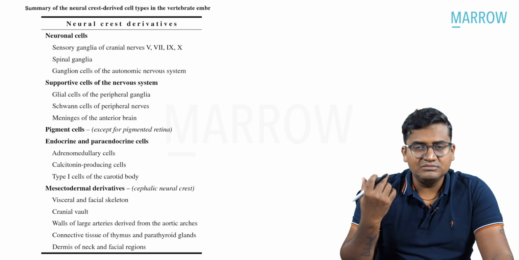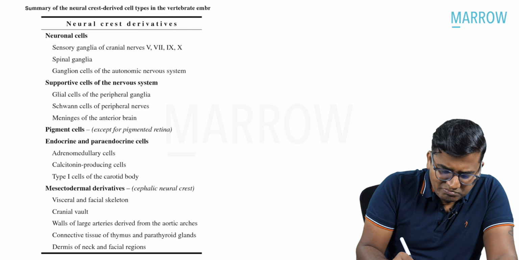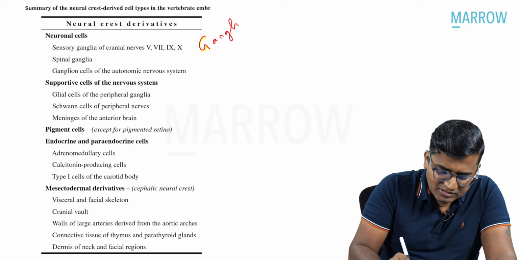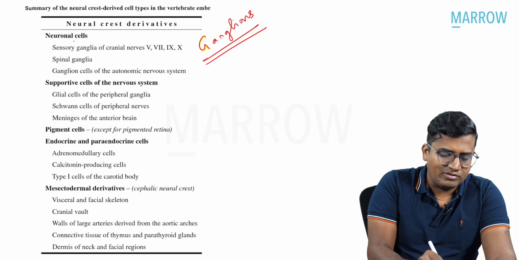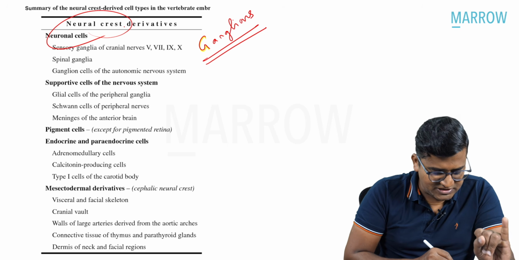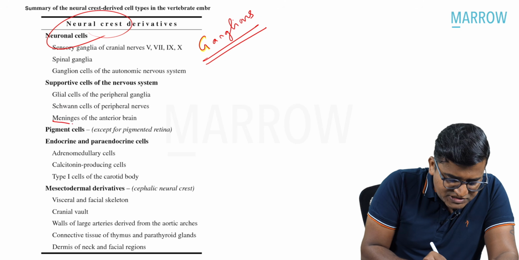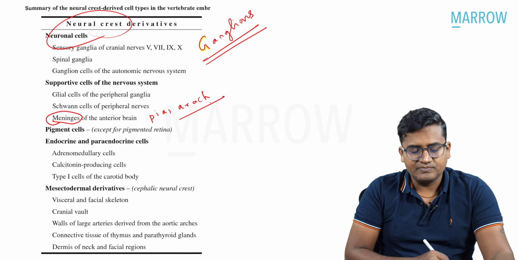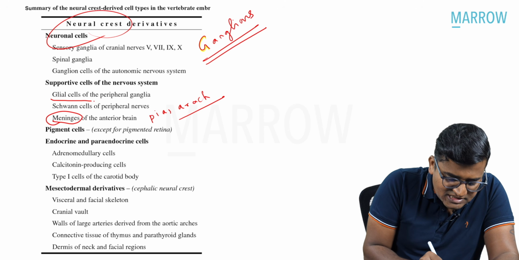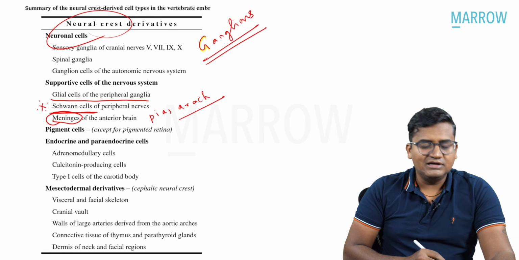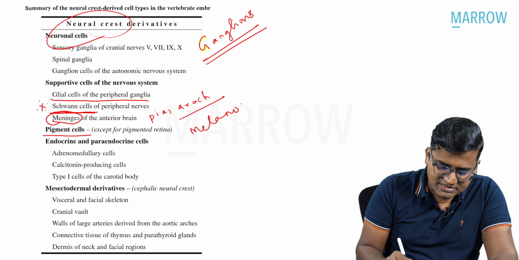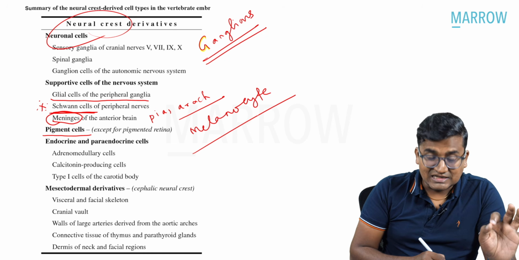Now we have to remember certain basic things. Please remember, the majority of the ganglia are coming from the neural crest cells. Then your meninges, the pia mater and the arachnoid, are coming from the neural crest cells. And then the glial cells of the peripheral ganglia and the Schwann cells, they are all coming from our neural crest cells. All the pigment cells, your melanocytes, melanoblasts, are coming from the neural crest cells, except